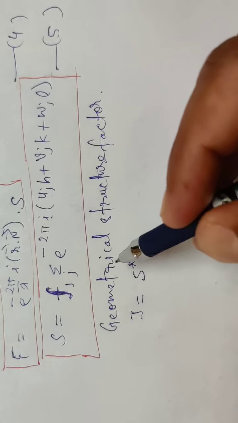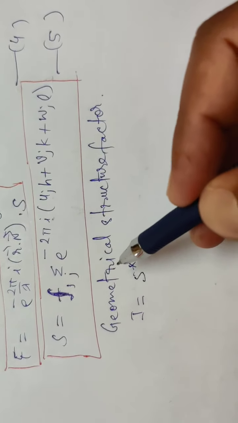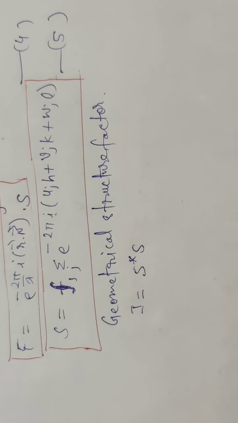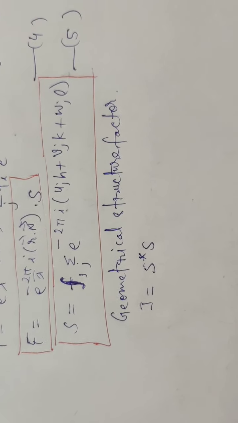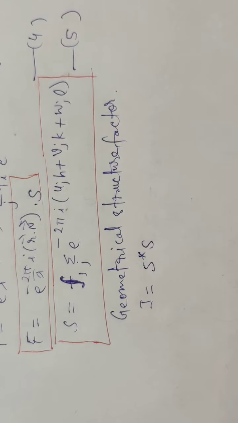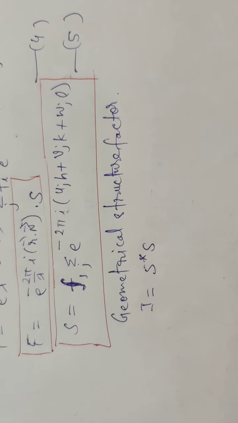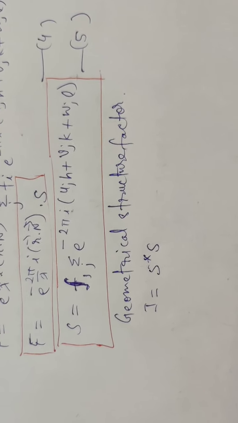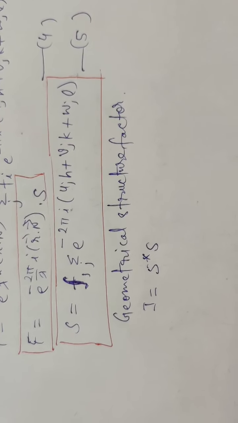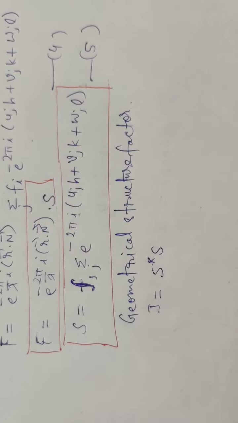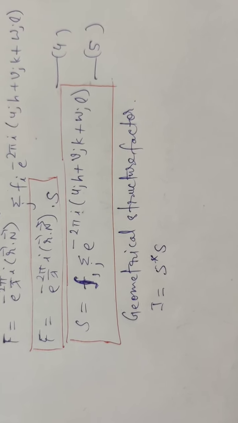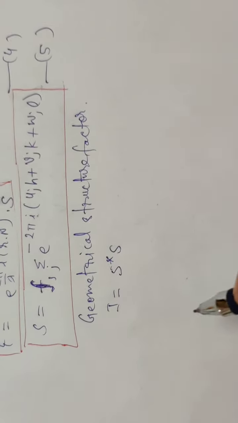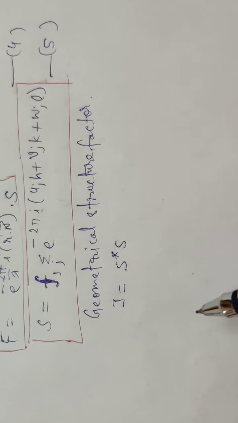So this geometrical factor can be real or imaginary. This need not be real. Thus this structure factor can cancel some reflections allowed in the space lattice, and these missing reflections help in determination of structure. So now we will calculate the structure factor for simple cubic lattice, for FCC lattice, and for BCC lattice. So first of all, let us calculate for simple cubic lattice.